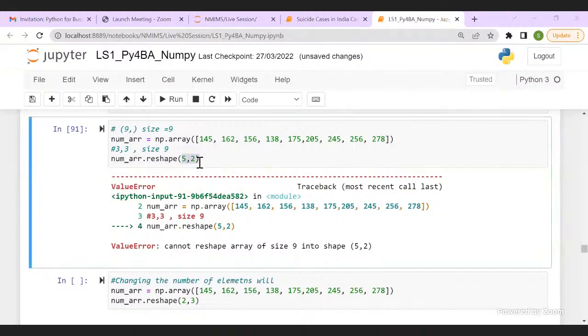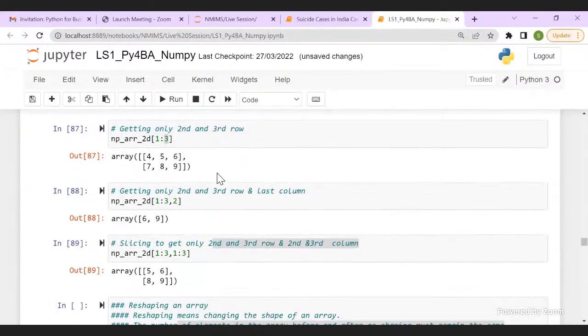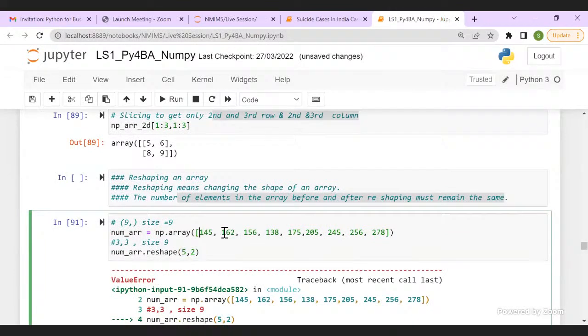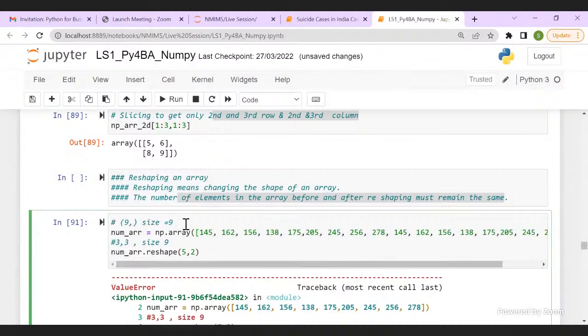It is not a 3D. If you want to do it in 3D, let me take a number. We had the number 18. Let me repeat these data points so that now the number is 18. Vishwadeep is asking what if I want to do it in 3D.